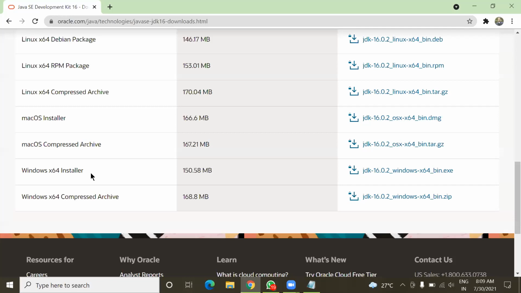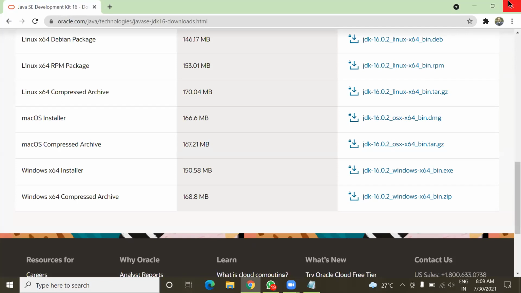If you have 32-bit Windows on your computer, it will show a 32-bit installer. From this link, you can download it, and after downloading, you can install it on your computer. After installation, you are ready to develop your Java programs. I already have this JDK installed on my computer, so